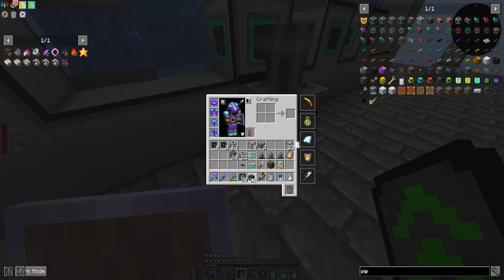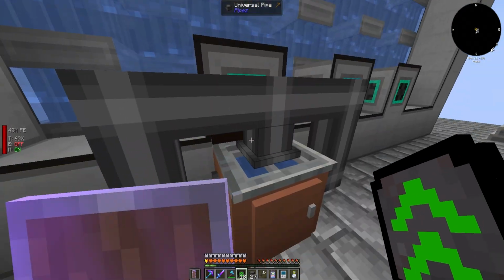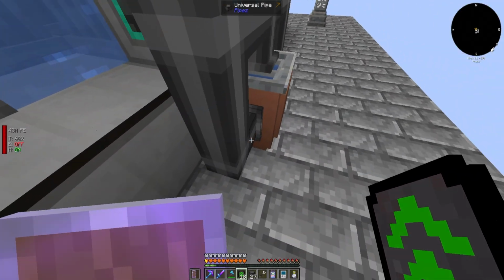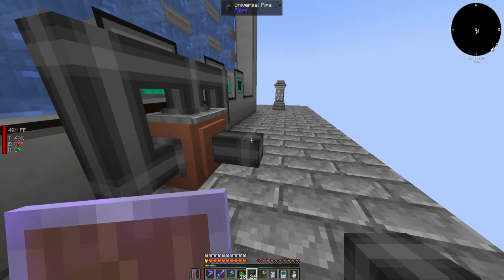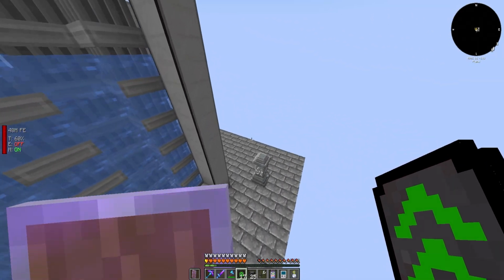But I think, if I recall, I can do this with this thing. There we go. That's going a lot faster. And I could even do one more on here if we wanted to. Yeah, that's going a lot faster. Cool. All right, so we got that going. What else do we need to do?